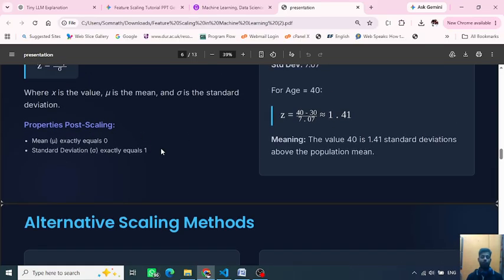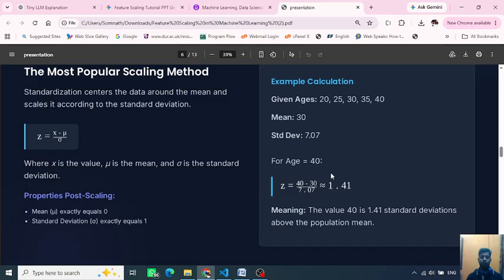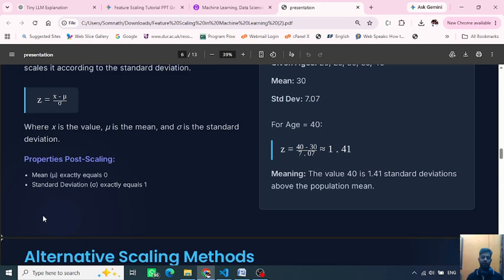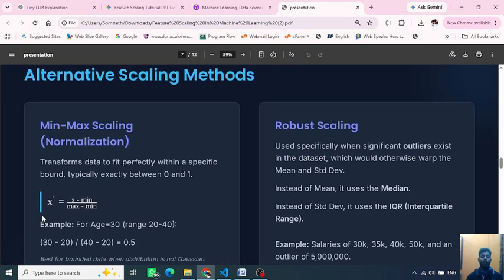You can see mu becomes 0 if we find the mean and standard deviation after scaling. And an alternative scaling method, as I said, is MinMax scaling. The formula is like